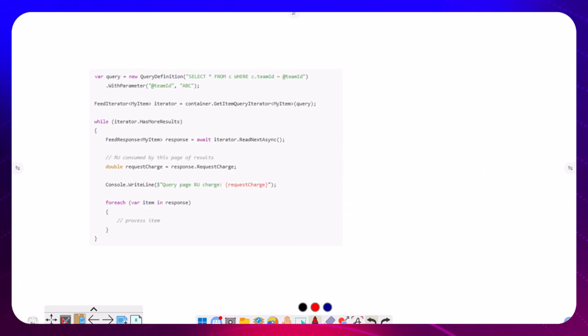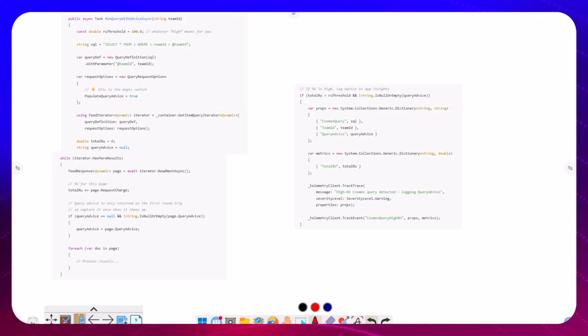Now, let's have a think about how we might use this advice. So here's a code snippet example of a typical .NET execution against Cosmos to make a query. So what we would be doing is here we execute our query. We're then going to loop over the results. And a lot of time people will query the request charge. So that would be how many RUs you've consumed. And then you may log that somewhere. But we can actually take things a little bit further now. So if we look at a more